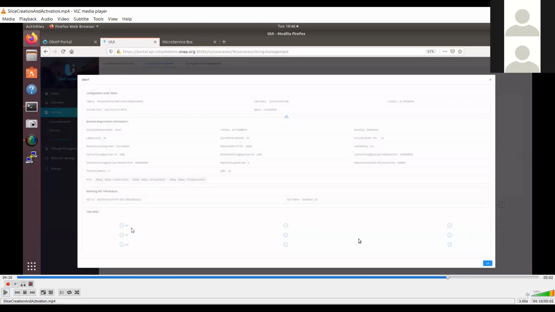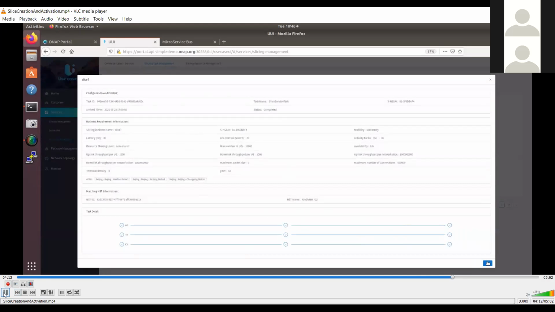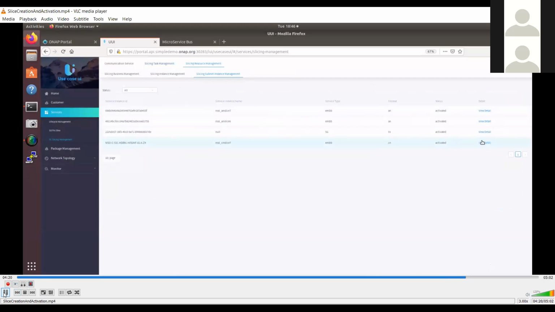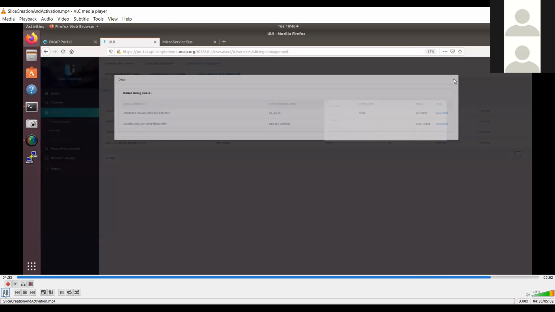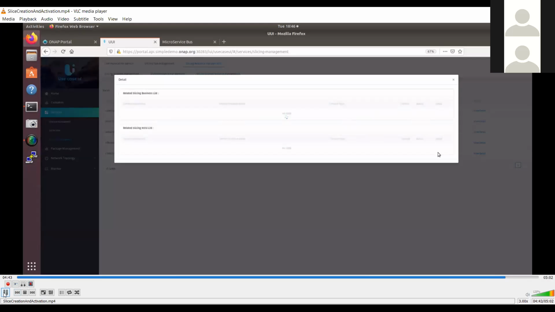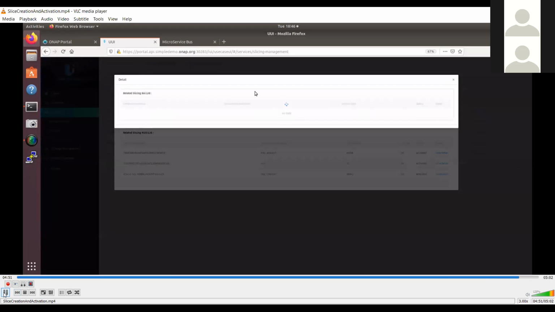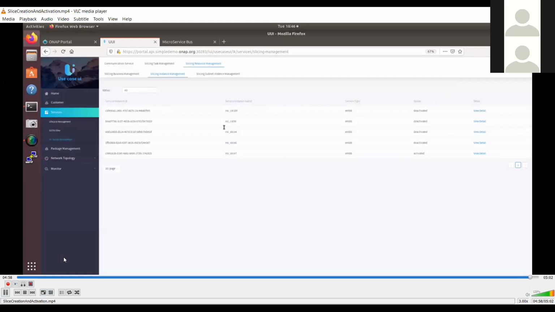As we see, the three components, the access network, the transport network, and the core network, all three of them were successfully configured. And then there are these other details associated with the slice. Some of them we provided as a part of the template creation, and the others we provided in UUI when we created the slice. So again, further going down, more details. Yeah, so I think with this, I'm done with my presentation.